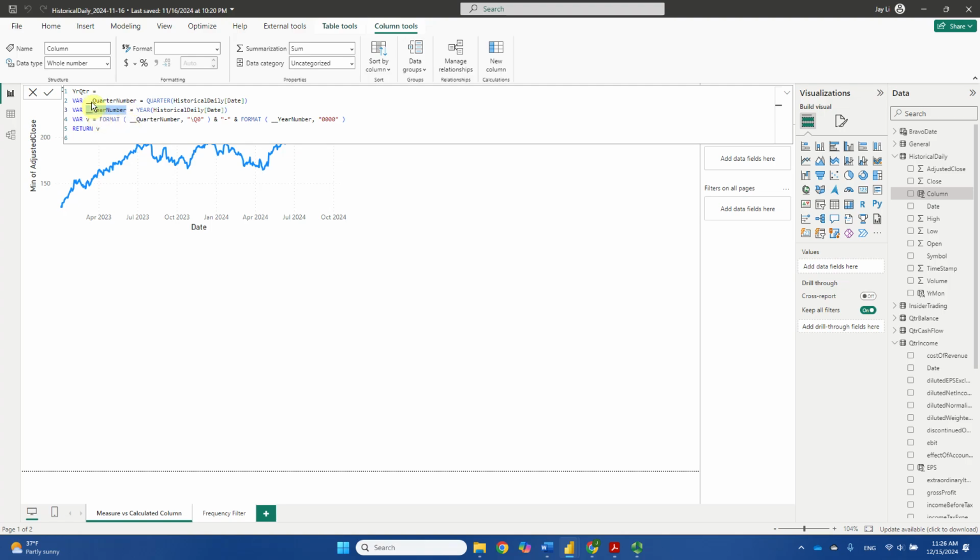So now we have two numbers. One is this quarter number, 3. The other is this year number, which is 2023. We are constructing a column called YrQtr, so I'm going to combine these two together. I'm going to show the quarter and the year for this particular date in a specific format. For the quarter, I'm going to use the format function